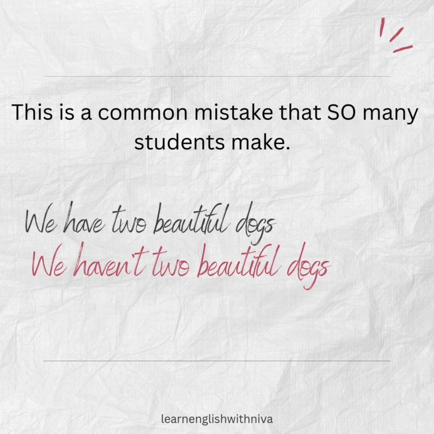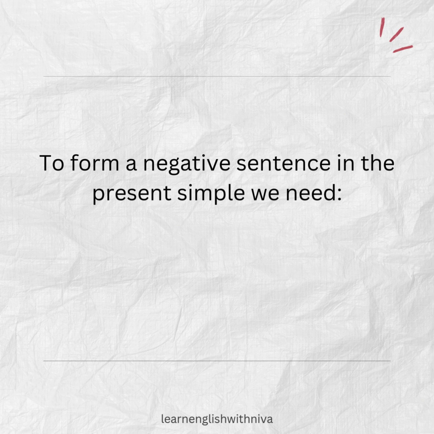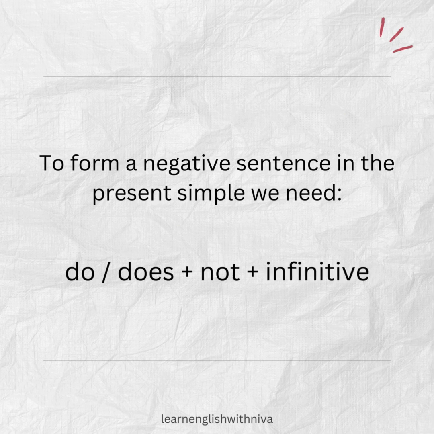This is a very common mistake that so many students make, and it's because the verb have has a negative form, and this confuses many students, especially in the present simple. To form a negative sentence in the present simple, we need do or does, depending on the subject, not, and